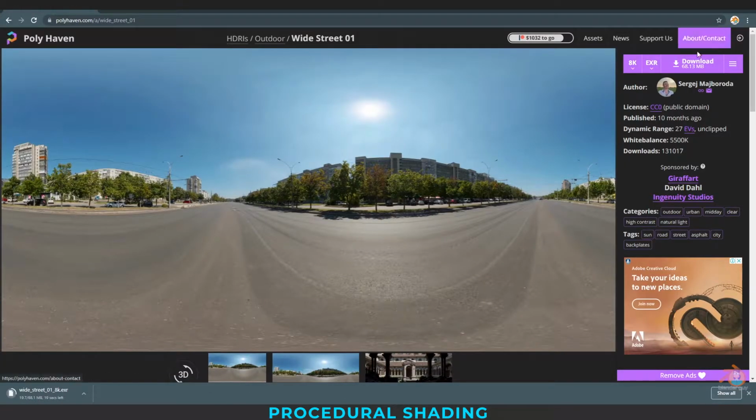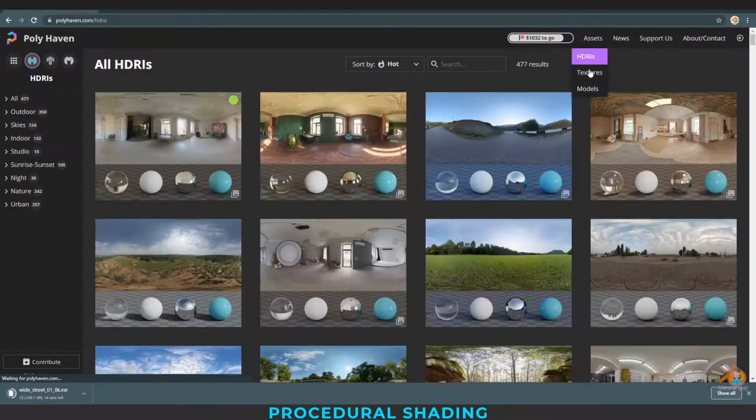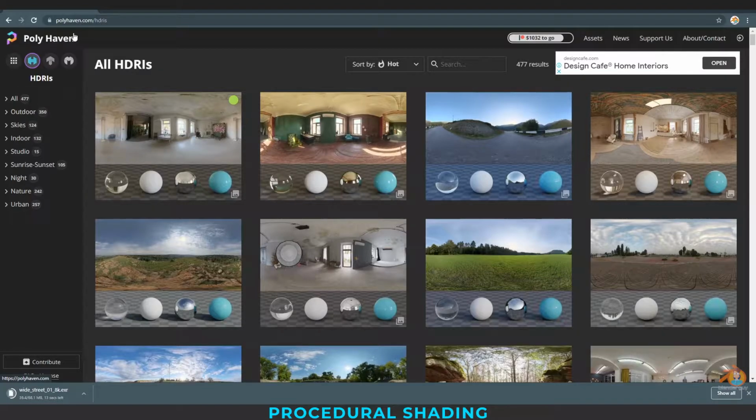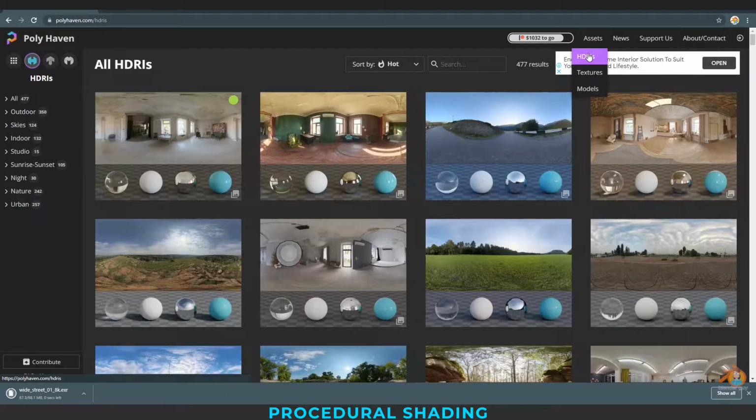There are many tons of HDRIs here. This is the best website I can tell you. They changed recently into Polyheaven. Before it was HDRI Heaven, and they now integrated models and textures also. Previously in HDRI Heaven, they used to have only HDRIs.